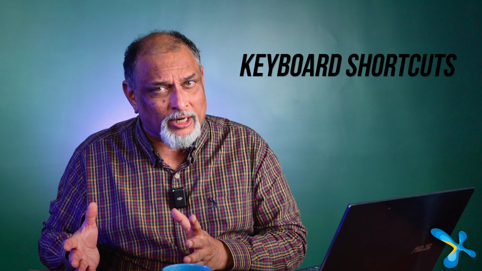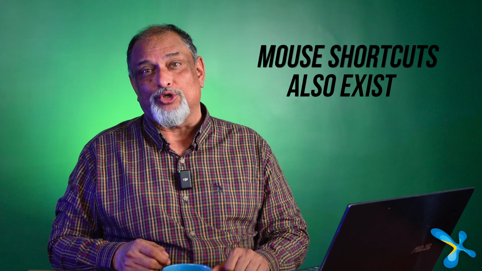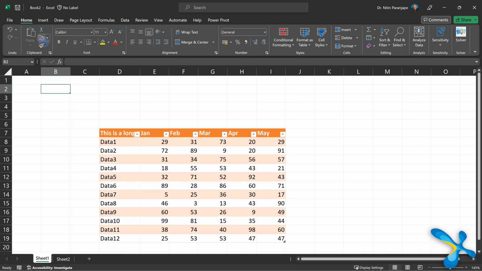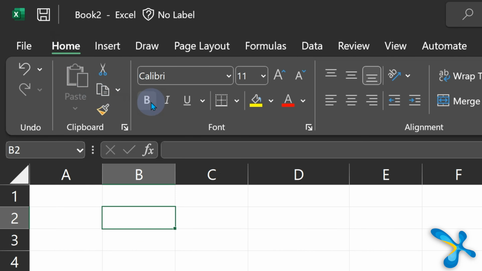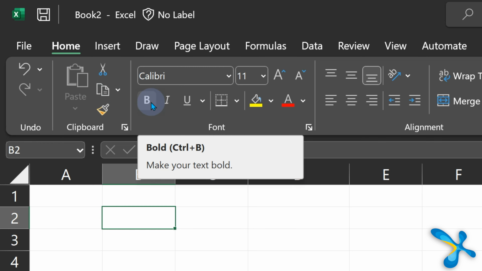Any button we are using frequently, you need a shortcut for that. Generally, shortcut means keyboard shortcut, but I'll tell you there can be mouse shortcut as well. Go to the button you're about to click, but don't click, and then see, does it have a shortcut? It will be shown in the tooltip. If it is there, just look at it a few times. I'm sure you'll learn it by heart.